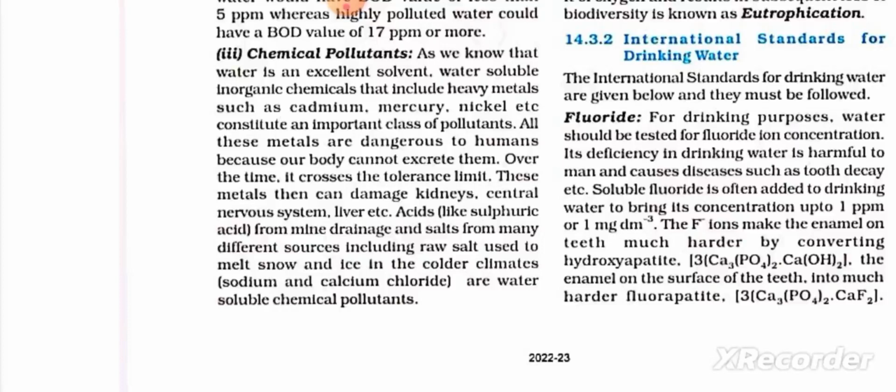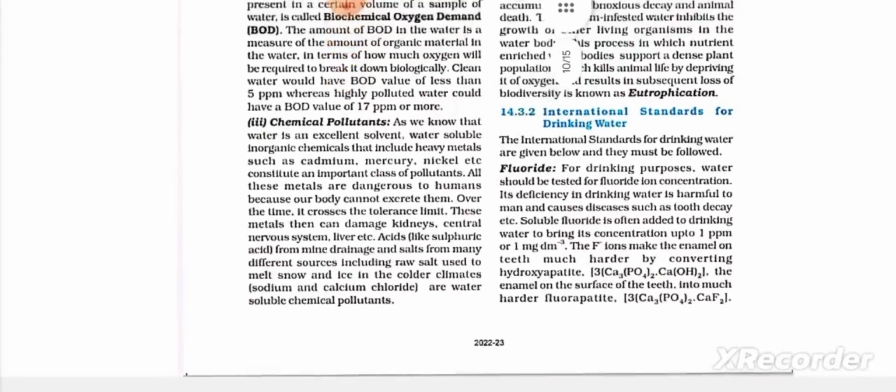Over time, when it crosses the tolerance limit, these metals may cause damage to the kidney, central nervous system, liver, etc. Acids like sulfuric acid, and acid mine drainage, are other sources, including raw materials and salts used to melt snow and ice in colder climates. Sodium and calcium chloride are water-soluble chemical